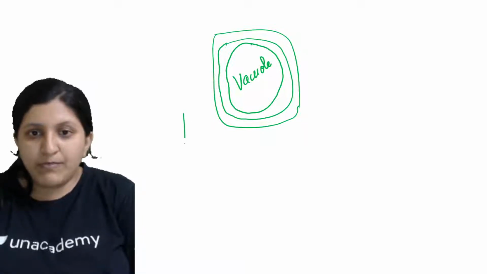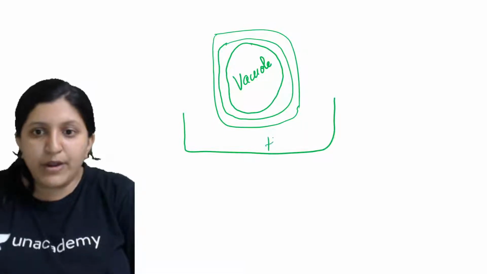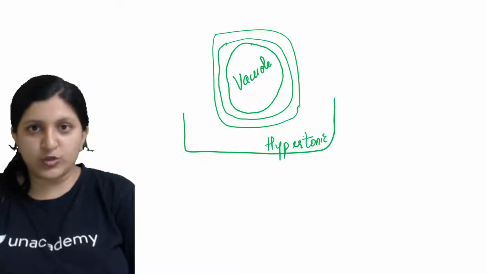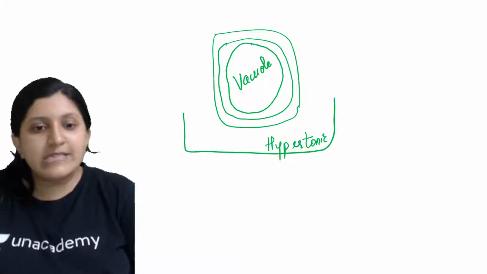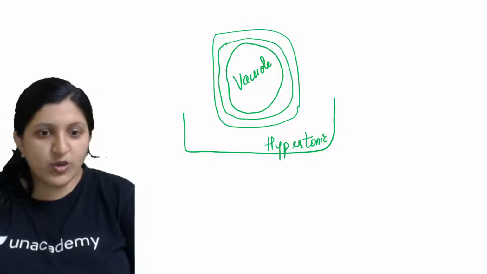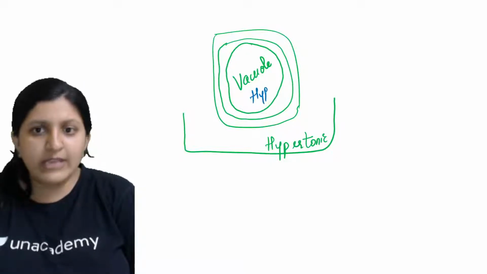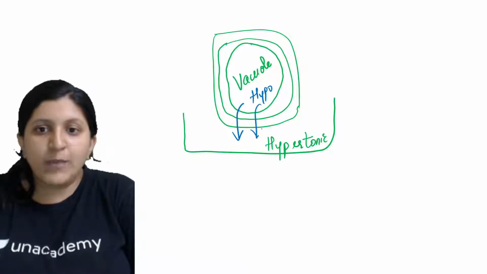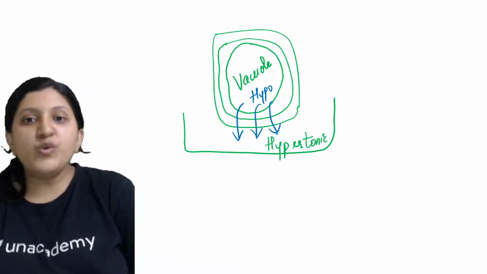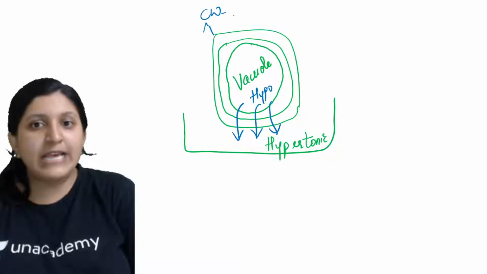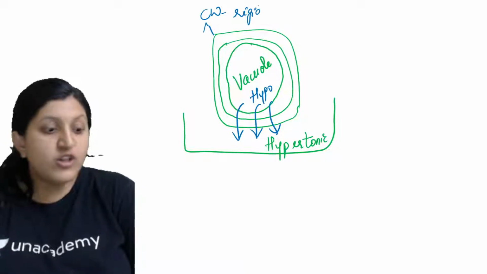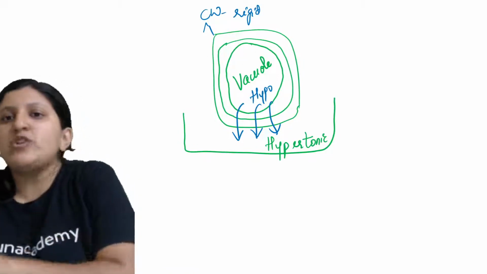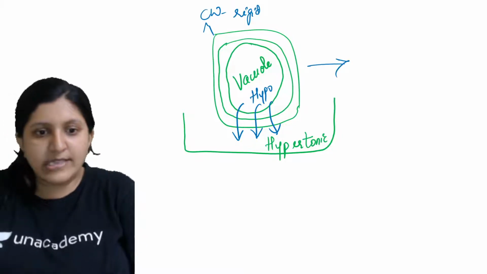Now if I keep this particular cell in a hypertonic solution, what will happen? Here inside it is hypotonic, that is, low concentration, you can find it. So water will start to move from hypo to hyper. As you know, the cell wall is already rigid, so it will remain intact, but the cellular content along with the cell membrane will come to a corner. As that happens, let's see the structure of the cell.